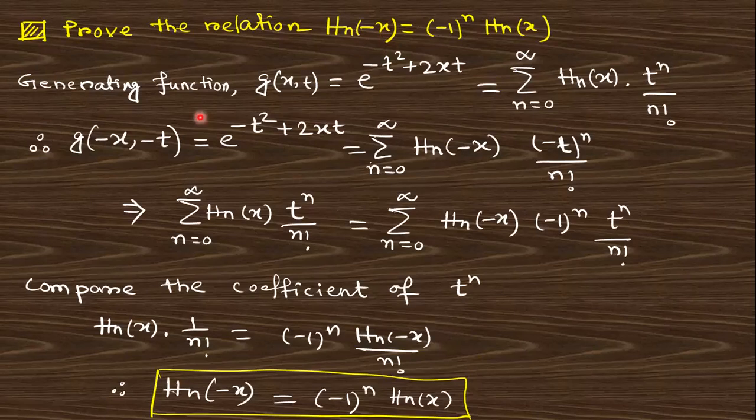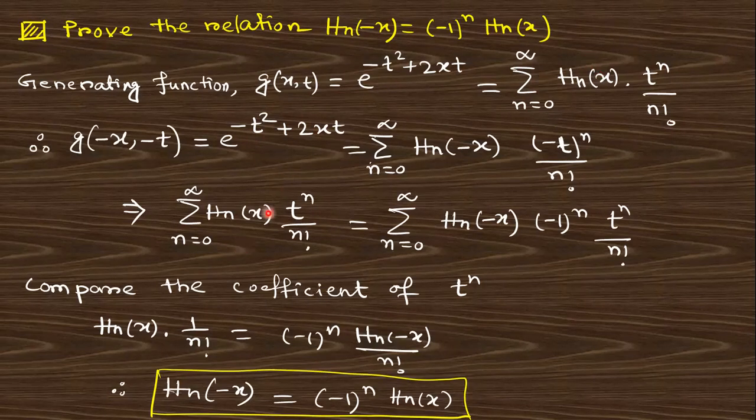Okay, so using this generating function, you can use parity, that is, put x as minus x and t as minus t. So this is (-t) whole square, again minus t square, and x is minus x and t is minus t, these two minus signs cancel out, so this becomes 2xt. But here x is minus x and t is minus t, but this is nothing but this summation,